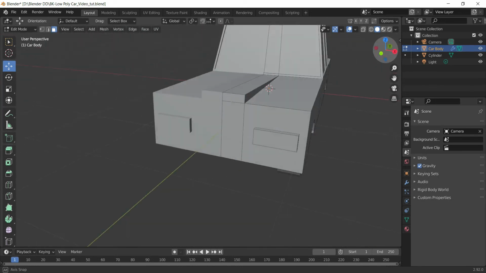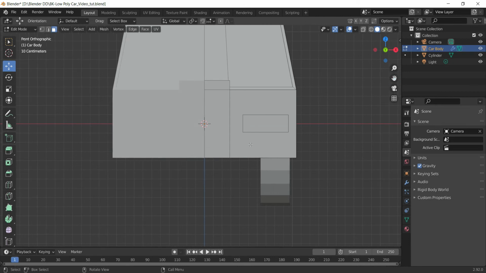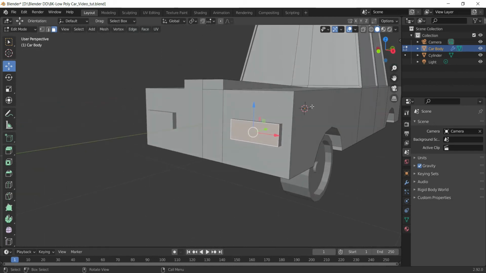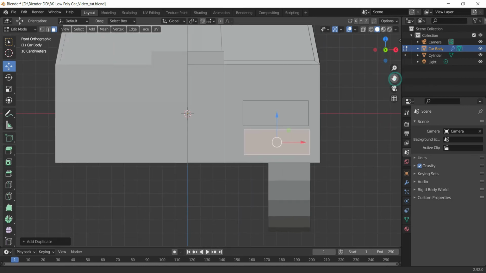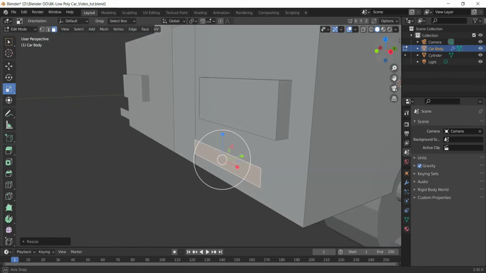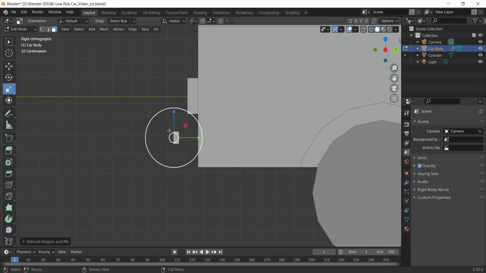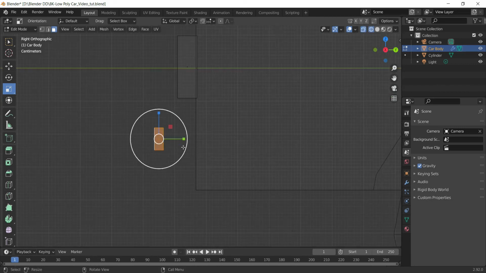Seems good enough. Okay. Now with the headlight, what I want to add here is one more light which we can consider as the fog light. So simply select this face, Shift D, pull it downwards, and the fog light is not going to be as big as the headlights. So I'll reduce its height like this, or maybe some thickness if you want. So I'll do that, and then I'll extrude this one also. And lastly, let's place it inside the car.